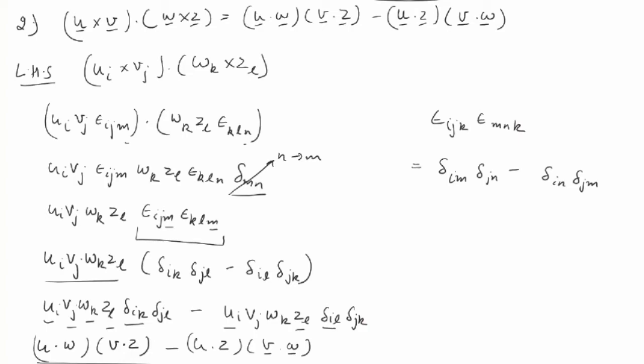Otherwise what you can do is you can remove these Kronecker deltas, replace I with K, J with L, similarly here also, and then you will try to solve the right hand side. But I haven't done that. I have just taken that this will represent the dot product in Einstein notation. These Kronecker deltas also represent the dot product, and I have just written what dot products they represent. So this gives us the right hand side.